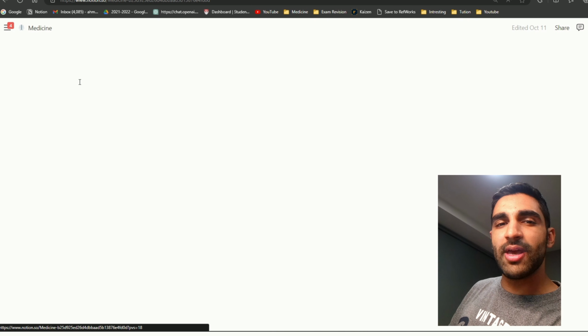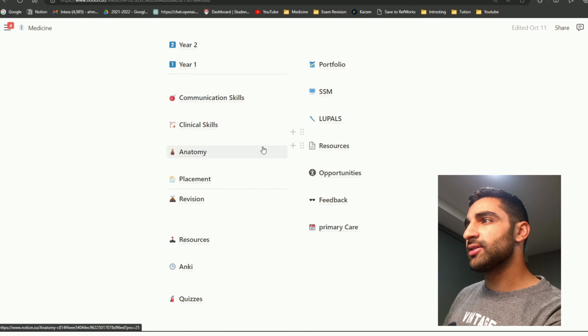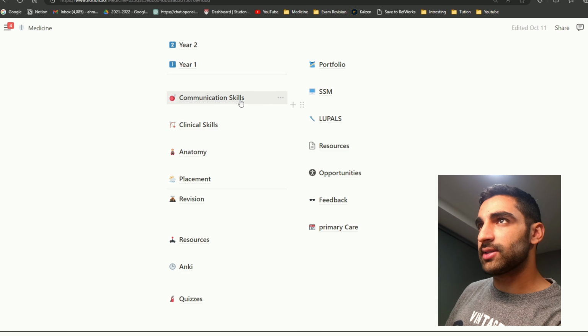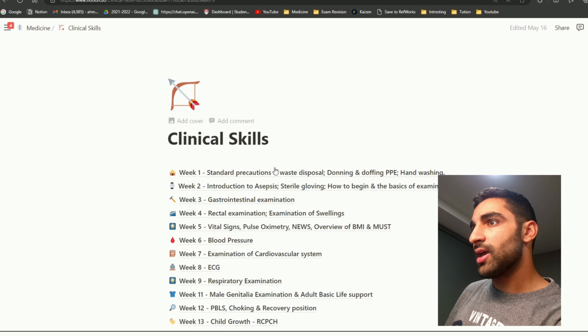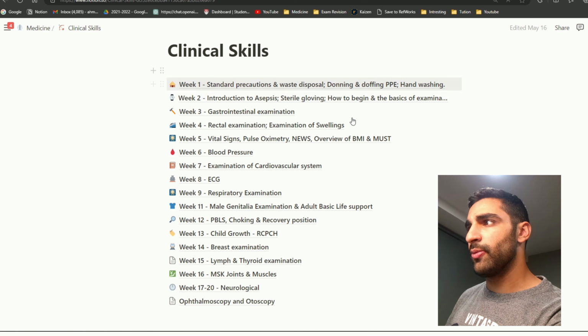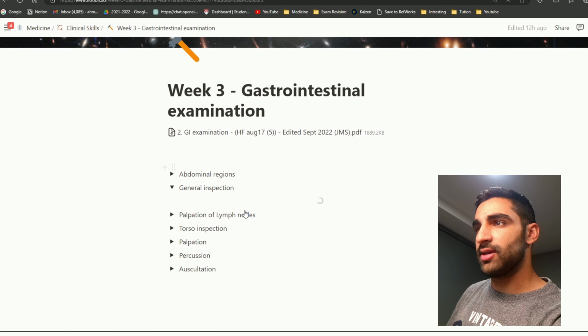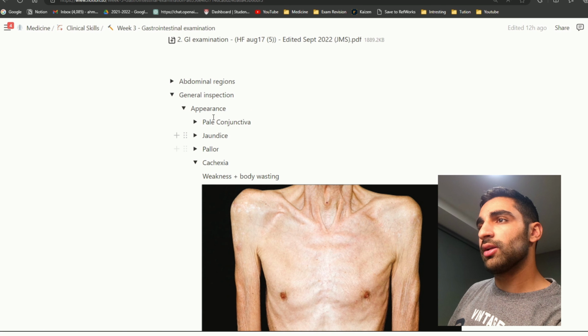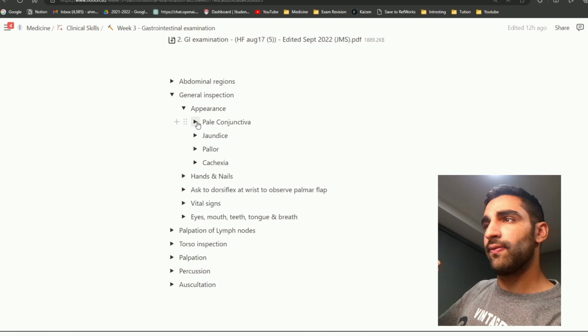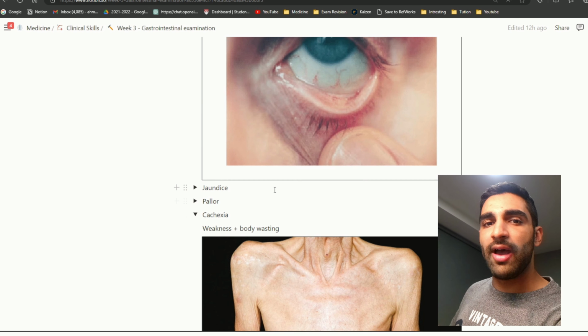Okay, so just going back to the main medicine page. So here I have a separate page for every big thing. So communication skills, clinical skills, anatomy, and so let's just go into clinical skills then. So in clinical skills, I have a page for every single examination that we've been taught. So for example, for GI, I can go into that, and then there's general inspection, appearance. So clicking appearance, so it shows the different things that I can be looking out for. So for example, pale conjunctiva or cachexia, and I've got pictures on there to kind of help me identify that,